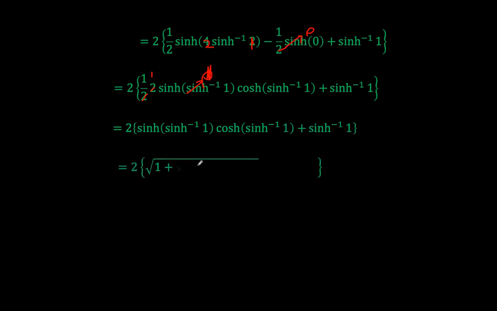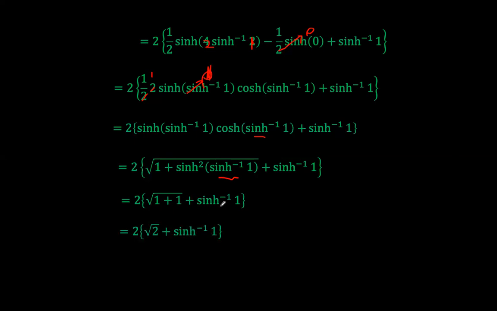So we are left with cos of hyperbolic arcsine of 1. And cosh is the same as the square root of 1 plus sinh squared. Then plugging this in here, we are left with 1 here, 1 squared. So it's 1 plus 1, and that is root 2. Now, what is arcsinh of 1? So if y is equal to arcsinh of 1,